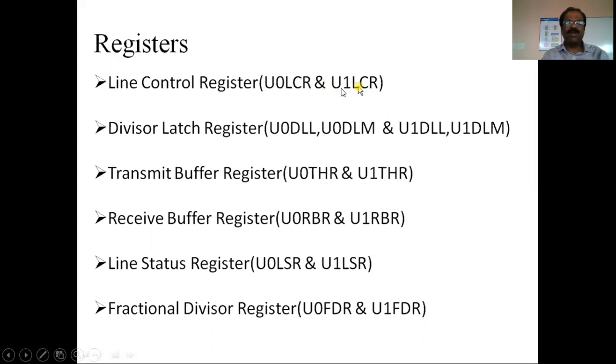There will be a block which is reserved to transfer information or receive information serially. There are two types of communication, serial communication and parallel communication. Whether it is a USB port, a printer port, or the internet, everywhere we are using serial communication. We are not using parallel communication.